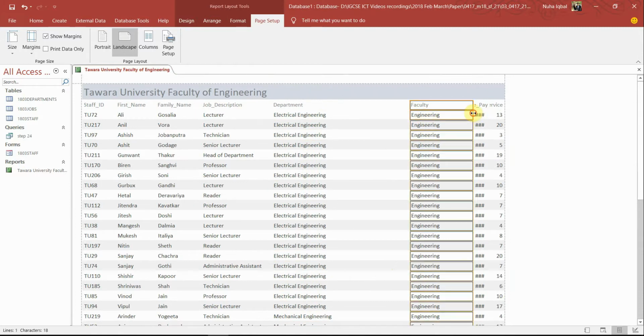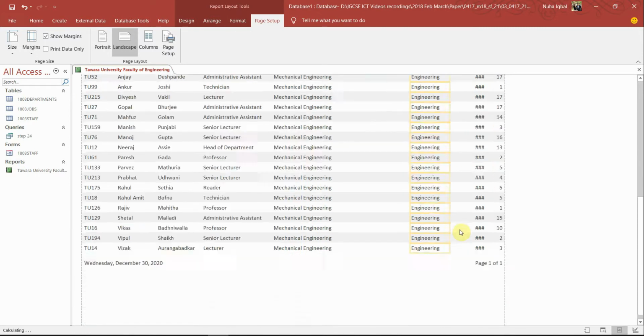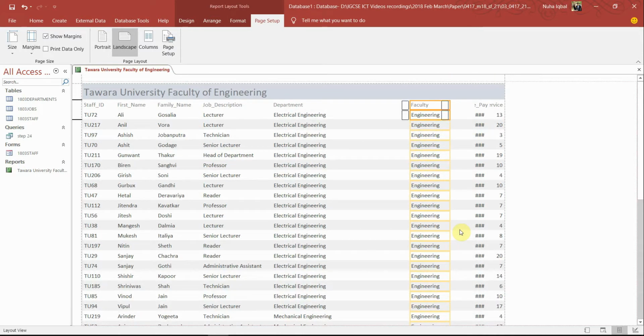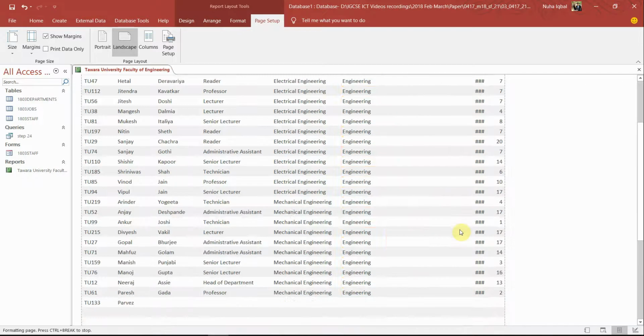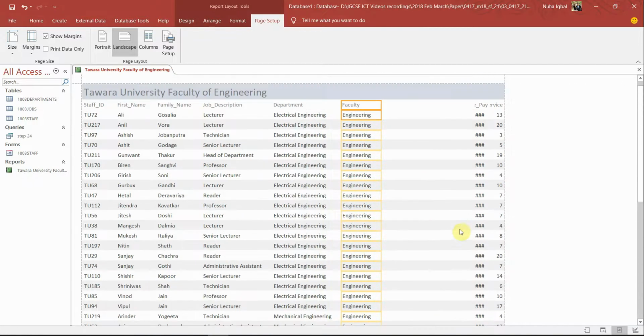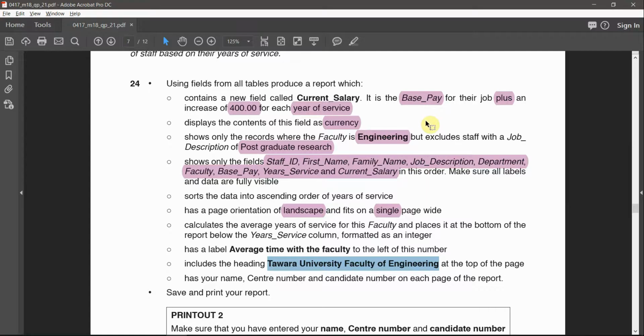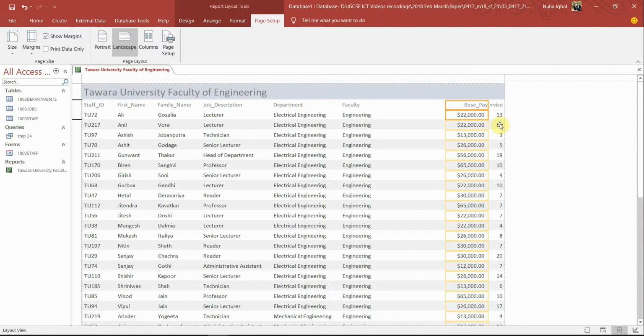I believe it is too large. We can reduce the size, and then let's move it to the left side, and then we have base pay. You have to go according to this order to make sure it is the same order. So base pay, year service, let's take this,